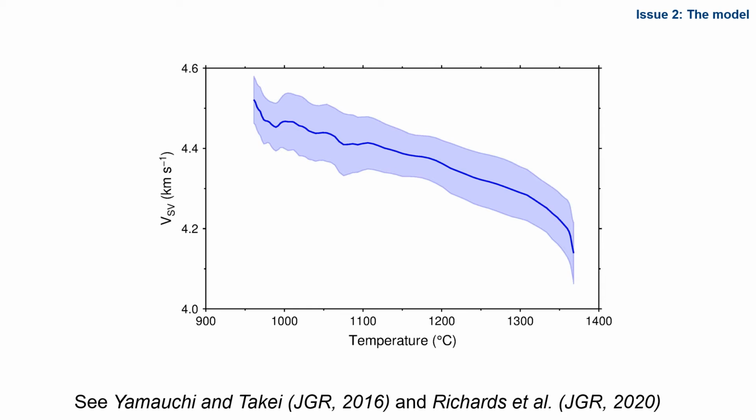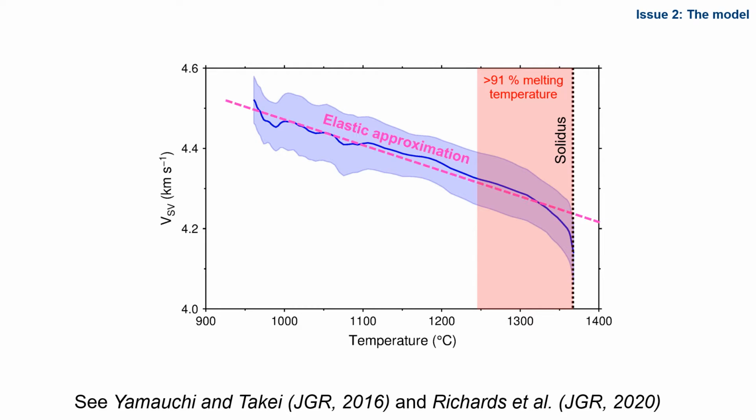The importance of parameterising anelasticity can be seen here in a plot of shear wave velocity on the vertical axis against temperature on the horizontal axis. At temperatures approaching the solidus, anelastic effects become particularly important, causing a considerable reduction in velocity associated with the activation of diffusionally accommodated grain boundary sliding. This dramatically reduces the temperatures inferred from a slow velocity anomaly as compared to previous models assuming an elastic